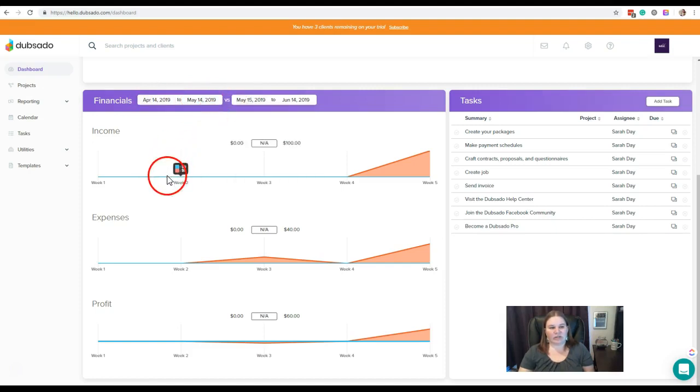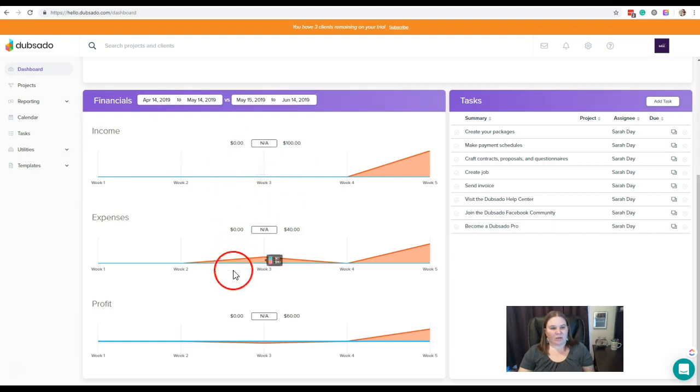But what it's going to do is show you a comparison of basically the blue line versus the red line. The red line is the most recent 30 days or whatever time period you choose here, and the blue line is the past 30 days or time frame. So obviously we don't have anything for our blue lines, but we do have a couple red line items for income, for expenses, and for net profit that we've entered. And you'll see that information here.